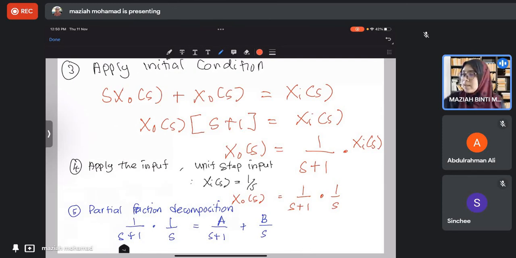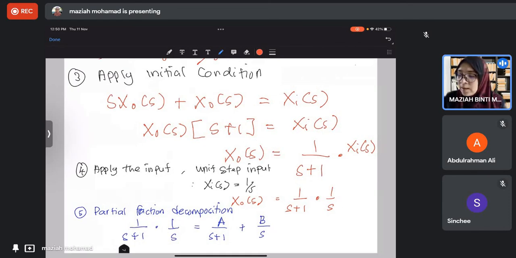So basically you will solve for a and b. For this example, I'm just going to show you. You're going to have X naught(s) is equal to 1 over s plus 1, and then